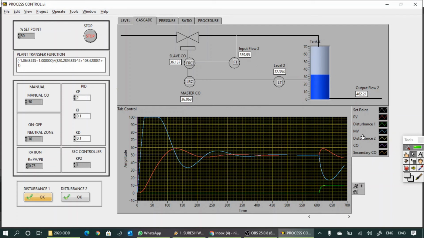So you can see that this primary control output, this secondary control output, and this manipulating variable are almost the same. So all have the same path here. Okay. But if you have disturbance 2, you can see 3 different colors after that disturbance.